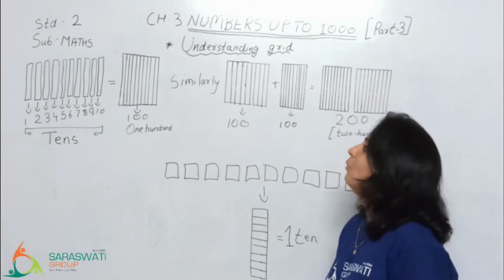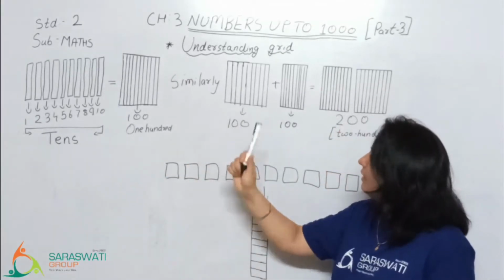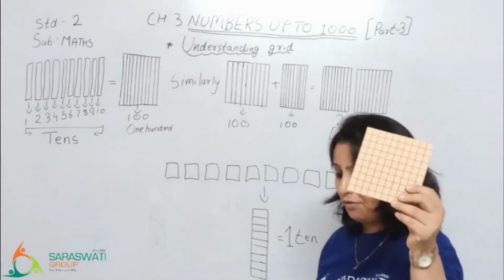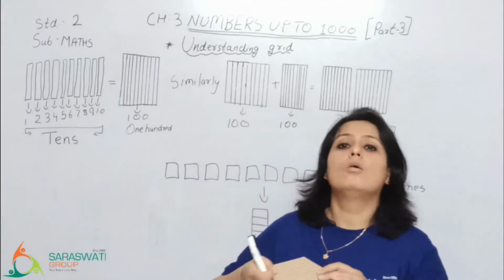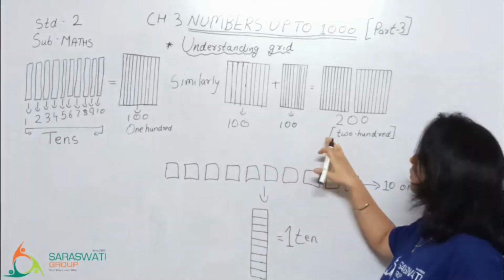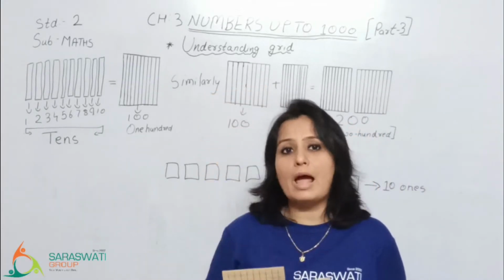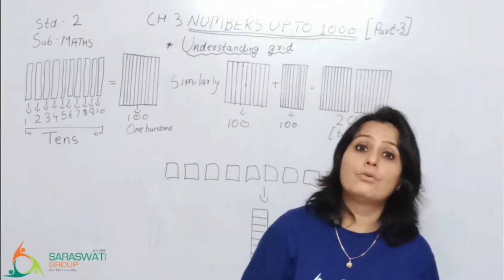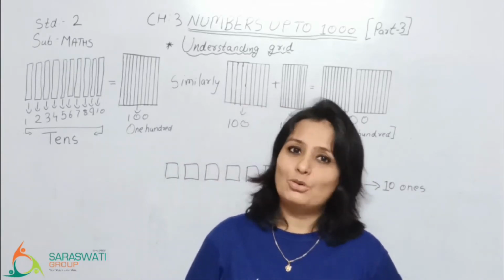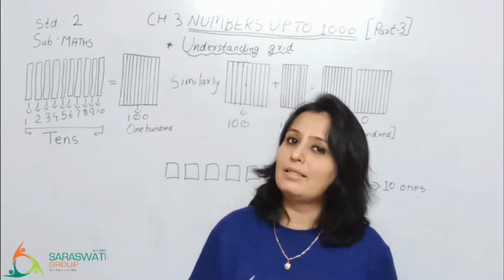Now, you can see on the board that these 10 tens will give you 100. Similarly, when this 100 plus one more 100 grid, you can see 200. 100 plus 100 will give you 200, because there is one grid of 100, and if you add another 100 to it, you get 200. Similarly, if you add one more grid of 100 to 200, it will be 300 and so on. As you keep adding 100, you keep getting more hundreds.